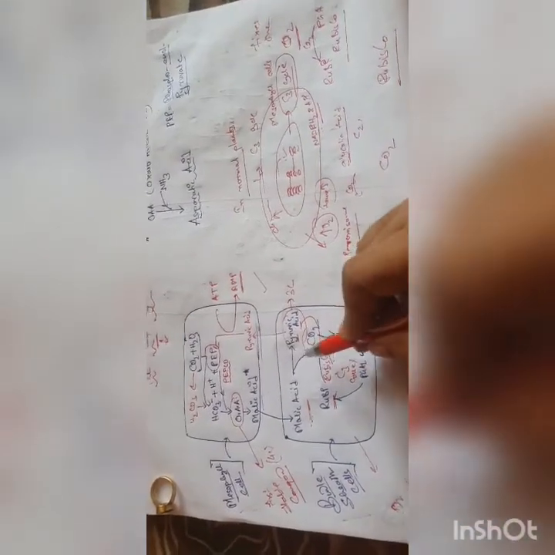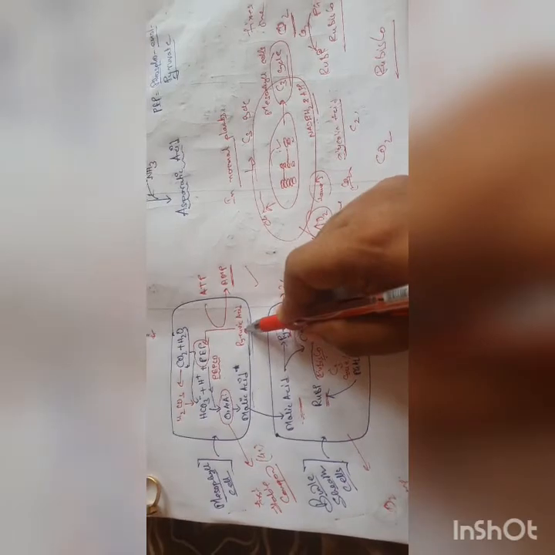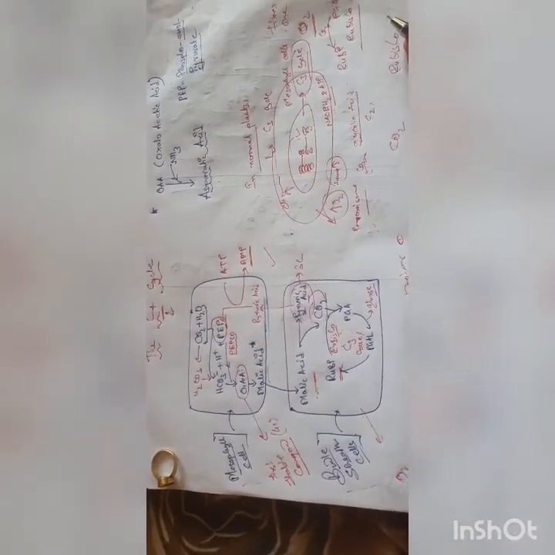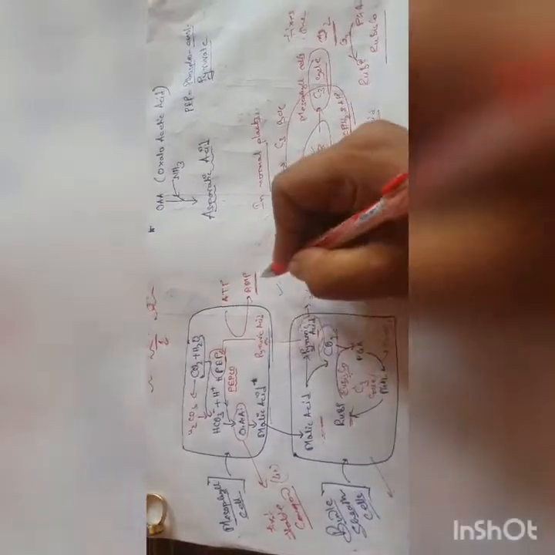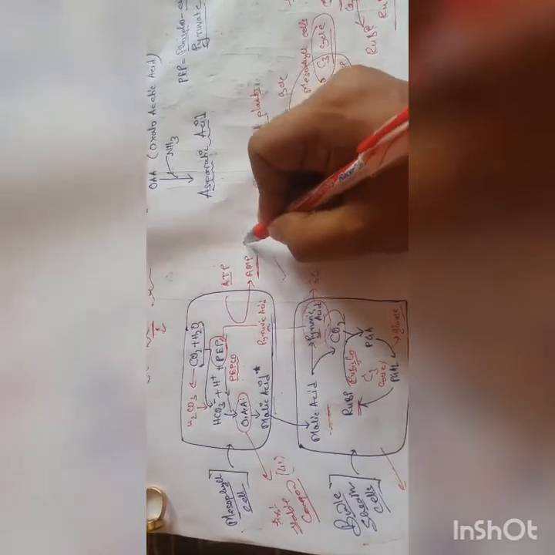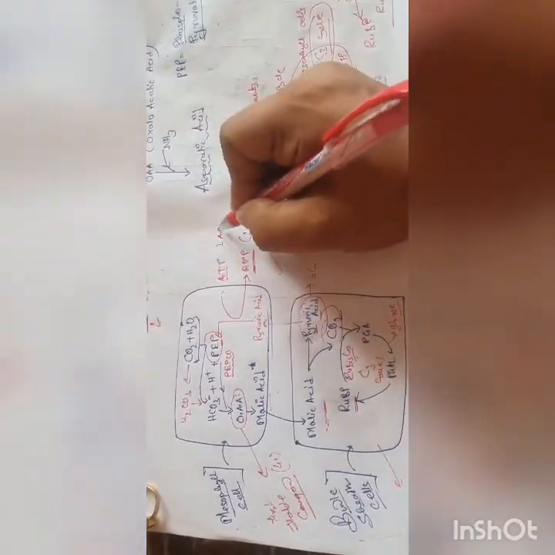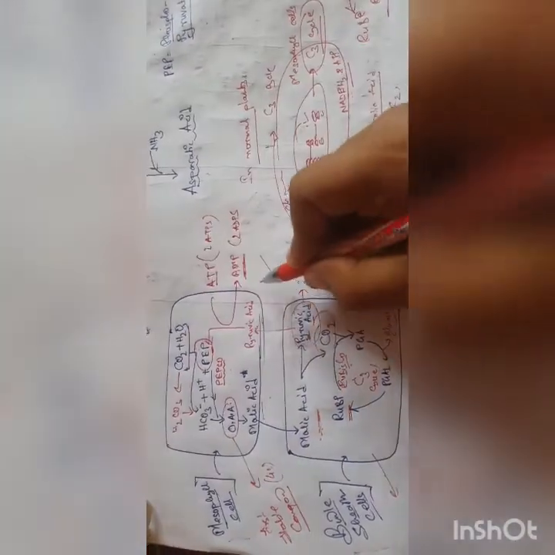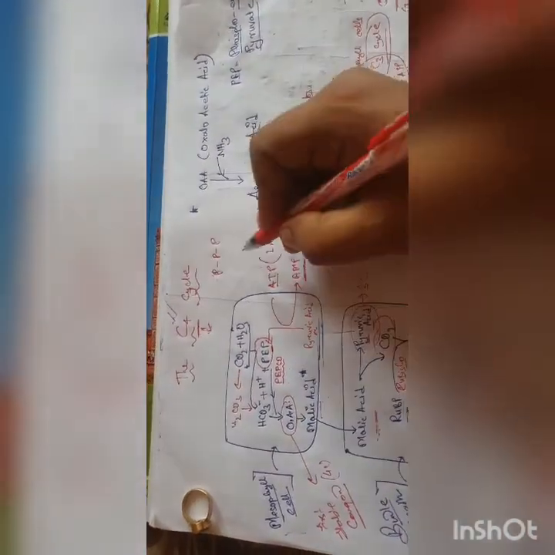Now what happens is the pyruvic acid that has formed goes into the mesophyll cells, and in the mesophyll cells PEP is regenerated. Otherwise in the next cycle who will take the CO2? Right or wrong? The CO2 has to be taken. So when the PEP, or the phosphoenol pyruvate, is regenerated, 1 ATP becomes AMP. So 1 ATP becoming AMP is equivalent to 2 ATPs becoming 2 ADPs. Yes or no? Because in 1 ATP,